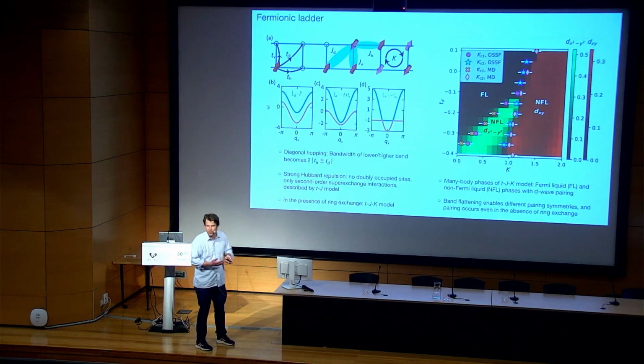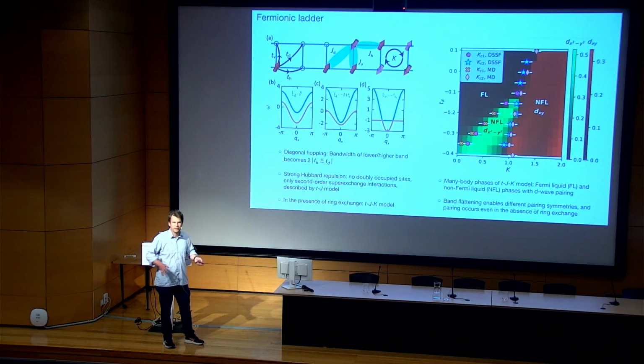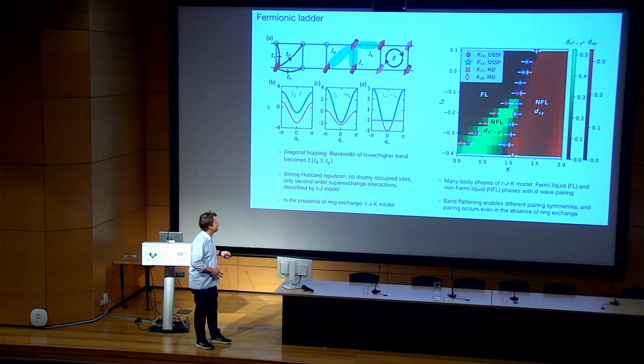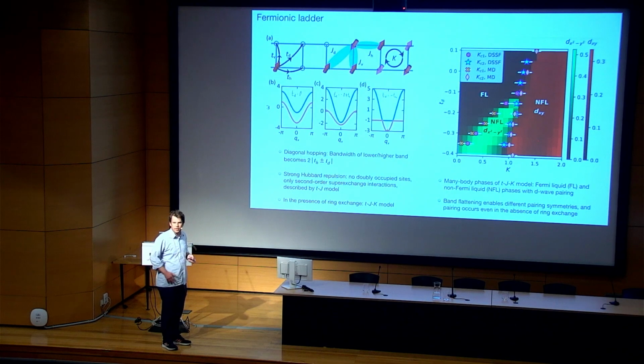And that makes it quite interesting to talk to cold atom people, because they don't have ring exchange interactions, and they don't want to know about systems with ring exchange interactions. They cannot easily engineer that, but they are very capable of producing this kind of lattices with additional hopping terms, and even making this hopping negative through, for instance, Floquet shaking. This is possible. So that is a feasible parameter regime here, and our hope is that there can be a cold atom experiment to see this paired regime.